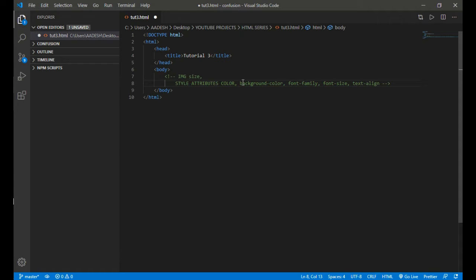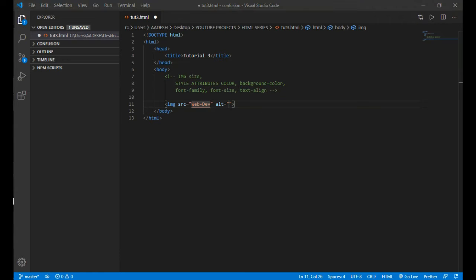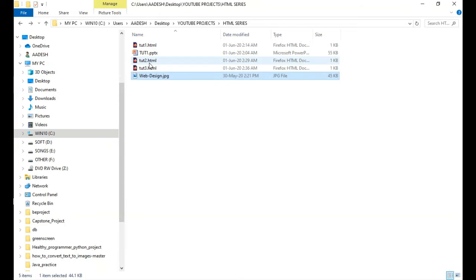Previously we have already seen the image tag, but I forgot to tell you about the different image attributes, so I will cover those in this video. So here we start the image tag. We will write the name of the image file, which I forgot again.